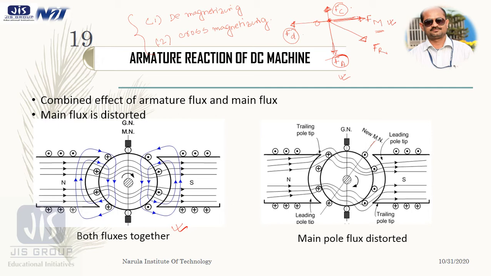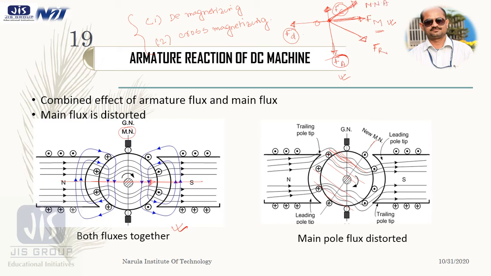Now these are the resultant flux lines, and we know the magnetic neutral axis is always perpendicular to the flux line. Previously it was along this axis, because that time it was the resultant flux line, but now the resultant flux line has been shifted. So now this is my FR, and at 90 degrees to it will be my MNA, in the perpendicular position.